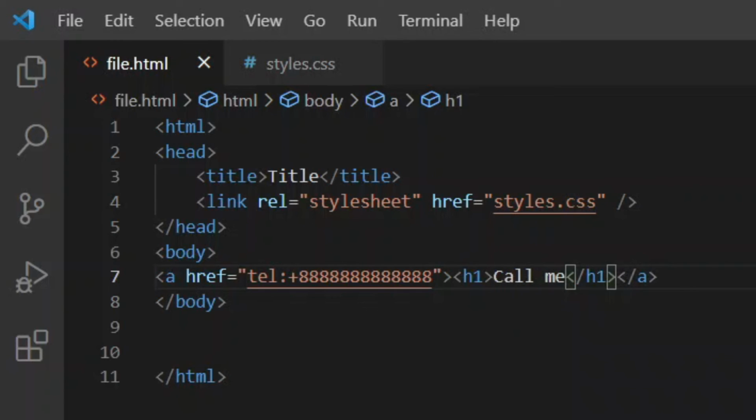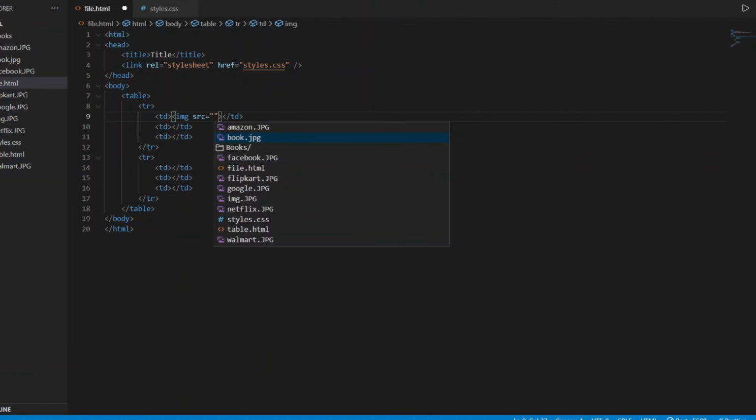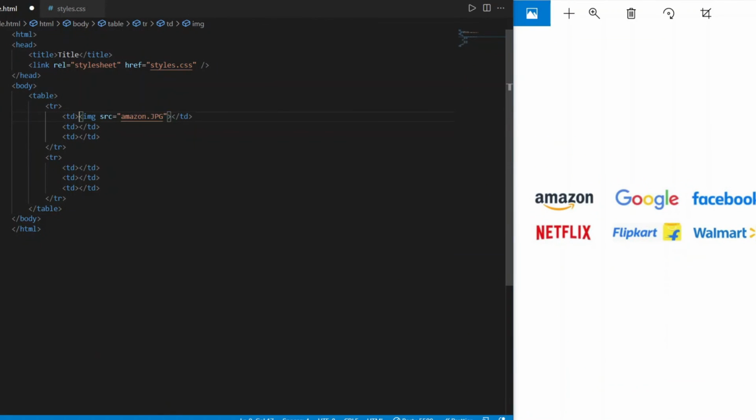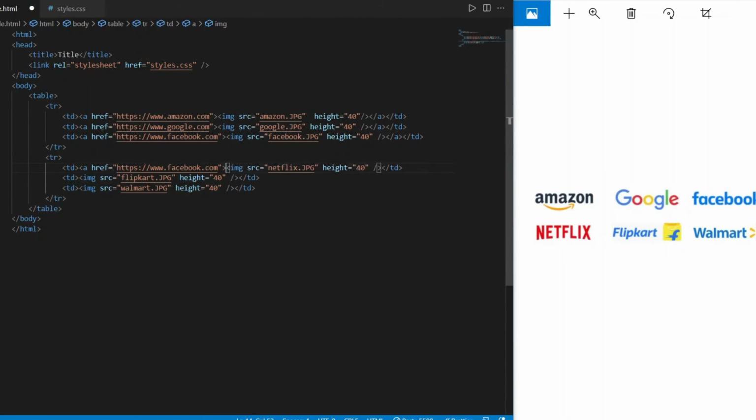Let us move on to the solution. So we have 6 images of different companies distributed into a 2x3 table. We create the 2x3 table. Inside the TD, we put the image of the company logo. Now, we enclose each company's logo image with anchor tags having the href attribute pointing to the corresponding company's website. Finally, we set the target attribute to _blank in order to open the website on a new tab.